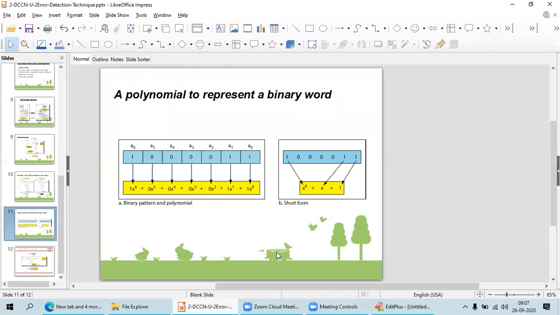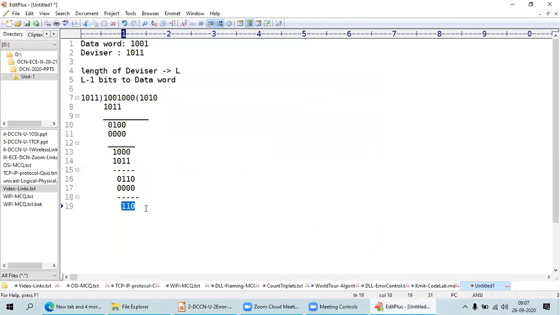Whenever I say x power 4 plus x plus 1, in this case you have to take the first one as 1.